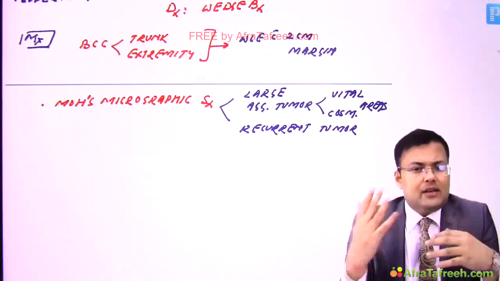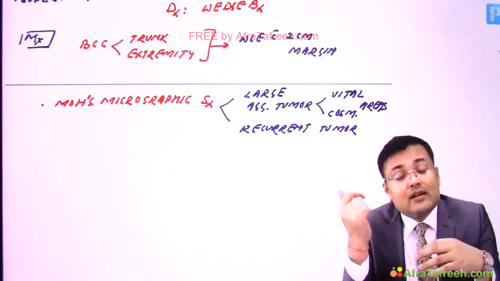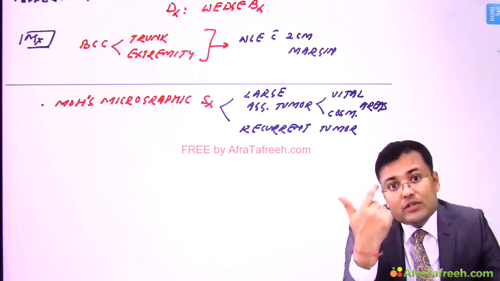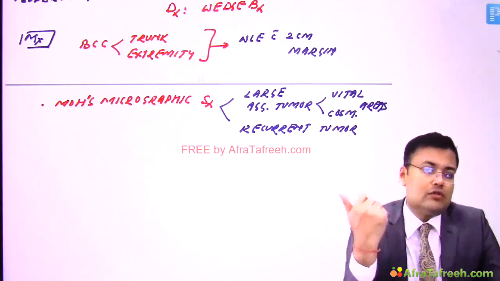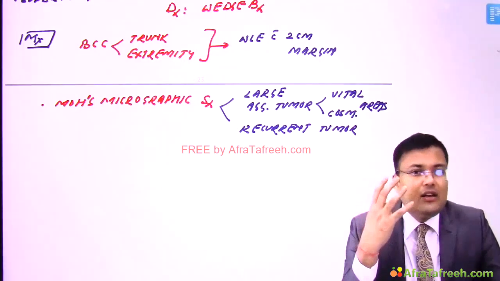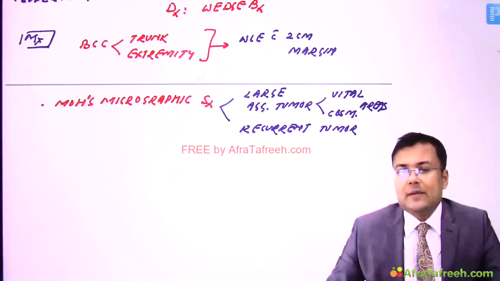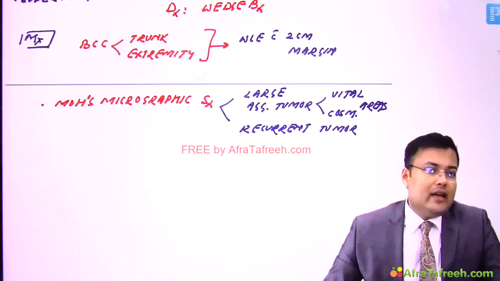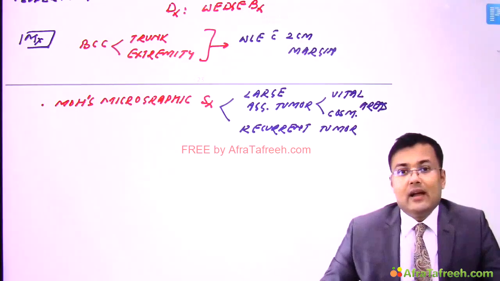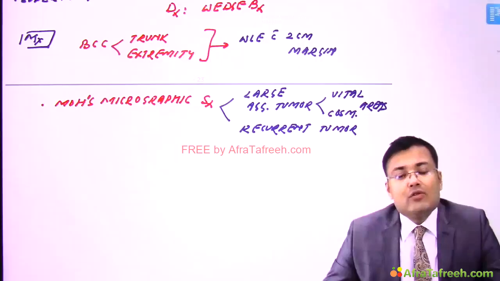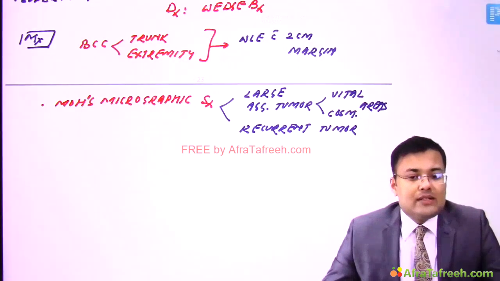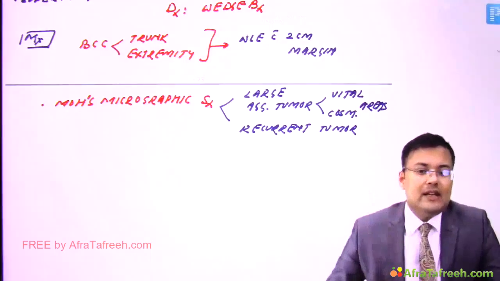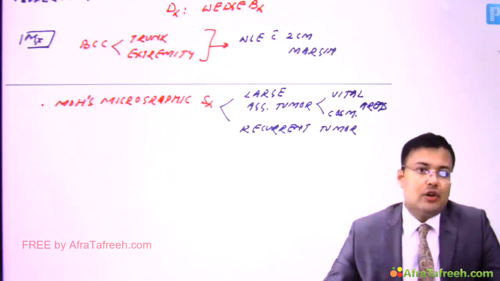Just imagine that a patient is having malignancy at inner canthus, and what is the treatment? Wide local excision with 2 cm margin. So if you go for wide local excision with 2 cm margin, you have to remove the eyeball also, nose also. So this is cosmetic area. Clear? So in this region we go for Mohs micrographic surgery. Mohs micrographic surgery is not only used for basal cell carcinoma, it is also used for squamous cell carcinoma, and the indications are also similar. Like in squamous cell carcinoma, if the tumor is large, aggressive, involving cosmetic areas or vital areas, or there is recurrent tumor, we go for Mohs micrographic surgery.